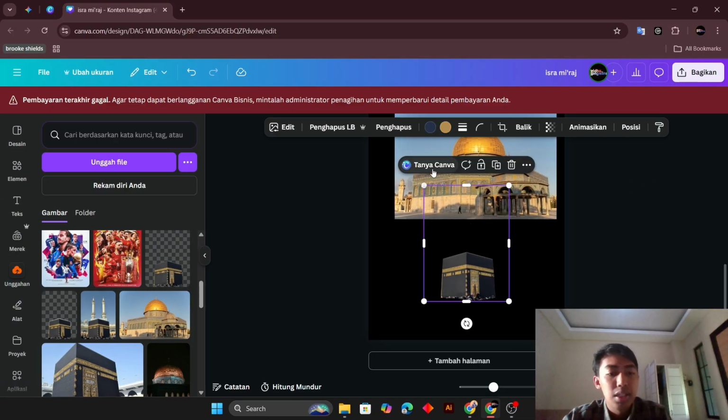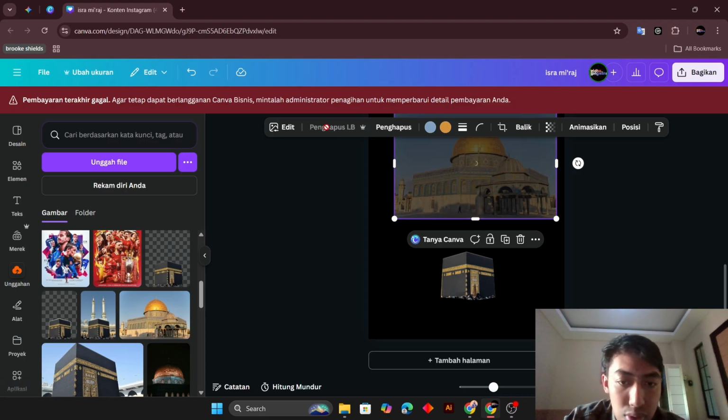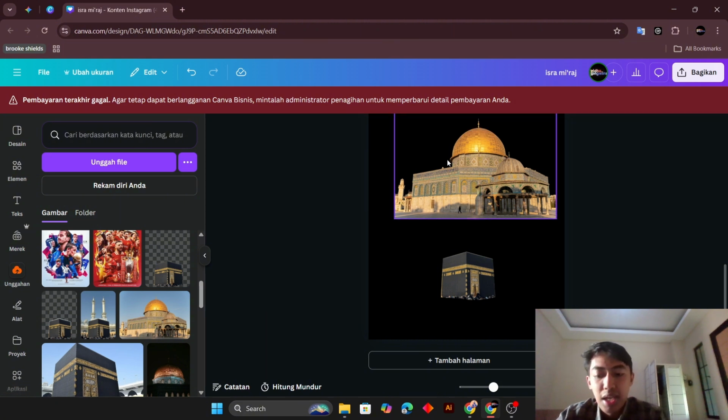This is an image. Click on this button. In bahasa Indonesia, we call it penghapus latar. Use the background removal tool to isolate the architecture perfectly.